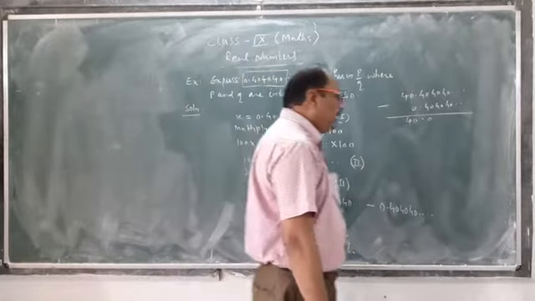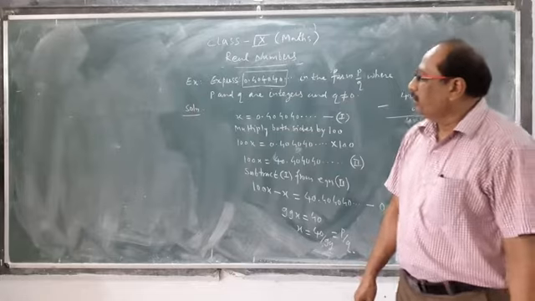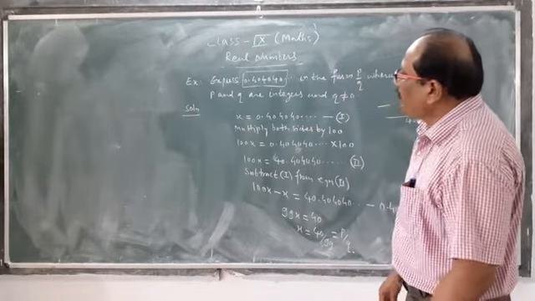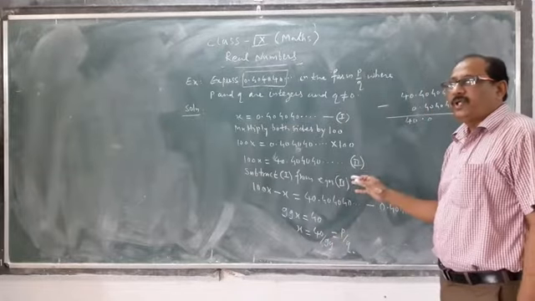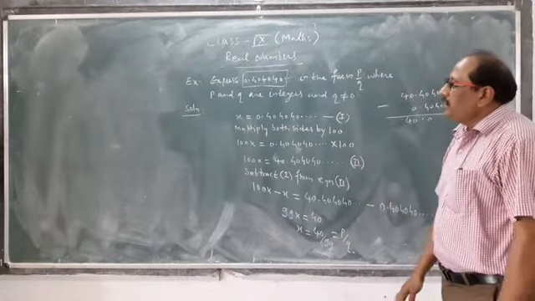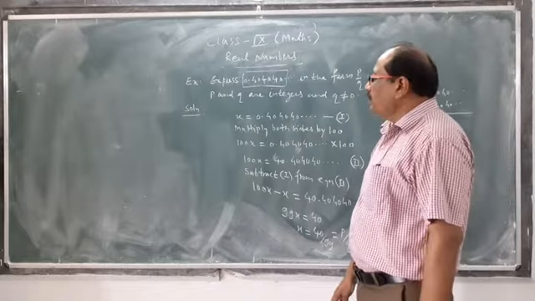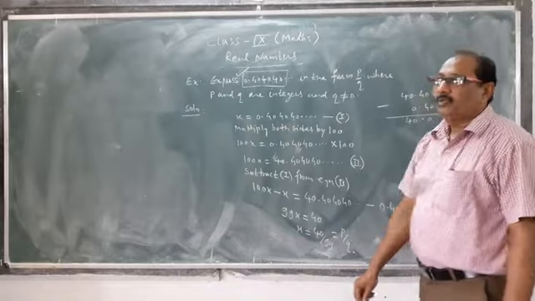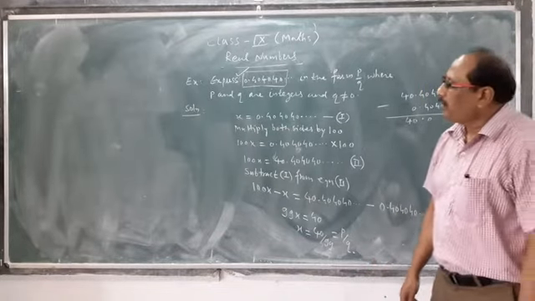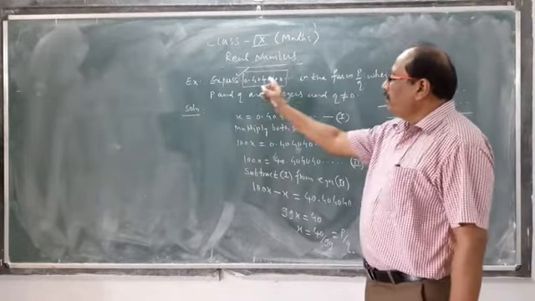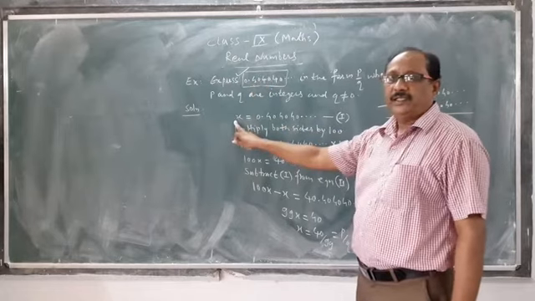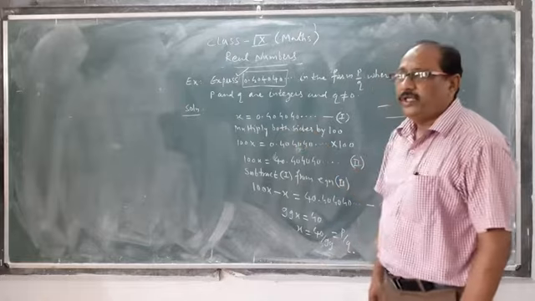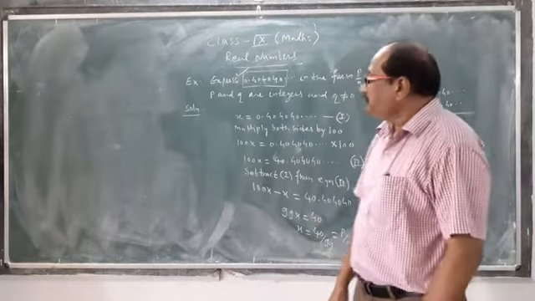Students, this example is very important from the examination point of view. Why? All such type of examples are frequently asked in examinations. What is the method to solve such type of examples? What do we have to do first? The number itself, you take it as x. x is equal to the given number. Then you see how many digits are repeating.